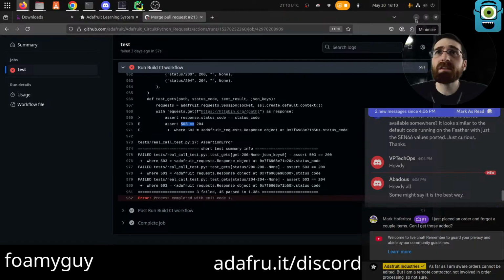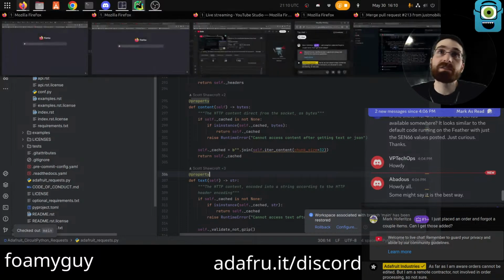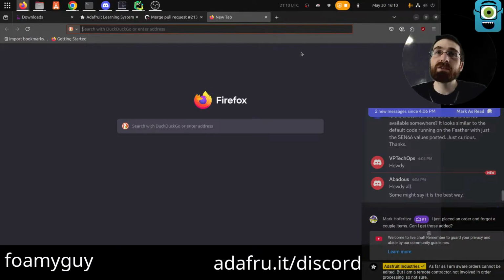503, if memory serves, is a server-side service unavailable, kind of generic, like the server wasn't ready, basically. It was internally down. Usually 500 level errors are like you have a web application running behind a web server. So you have an actual web application written in Python or Ruby or PHP or whatever.